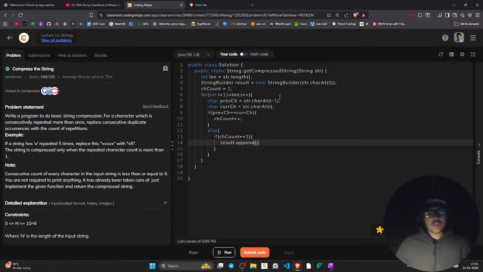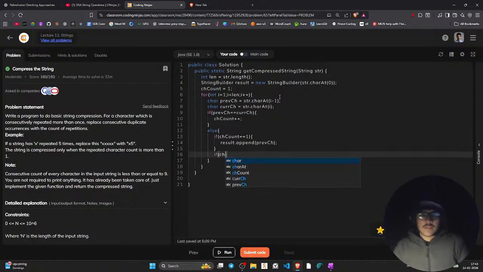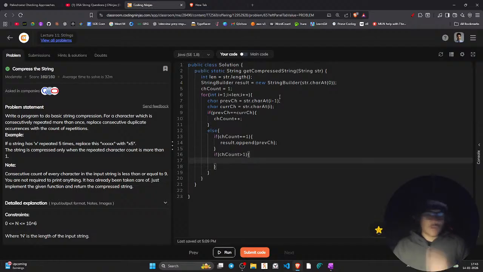So the character that we are actually saving is the last character, right? Current character minus 1 is the previous character, right? In this case it is previous character and count. If it is equal to 1, then we have to just simply print this. Now what if current count is greater than 1, let's say, then we want, just a second,